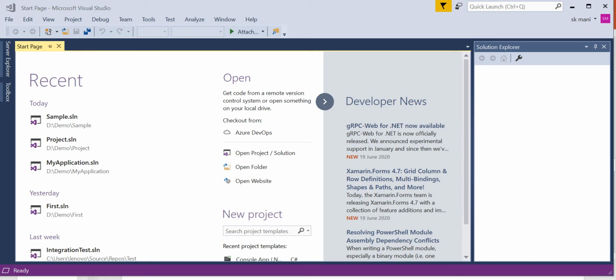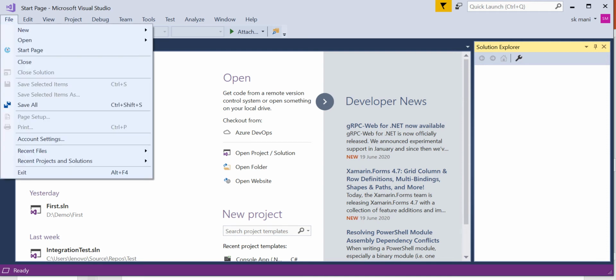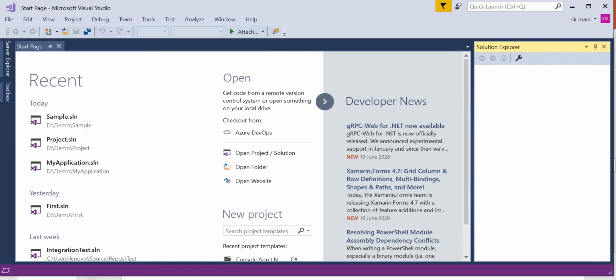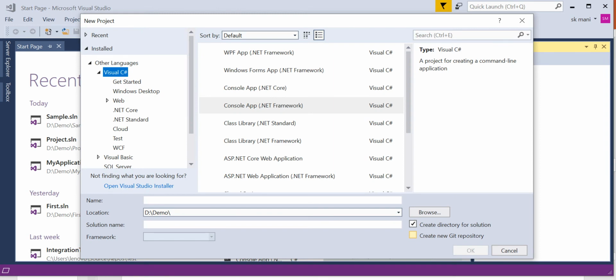Open Visual Studio 2017. I have installed Visual Studio 2017 on my machine, but you can use any version as you wish. Open a new project and create your console application. Be aware of whether you have selected Visual C# as your language preference or not.